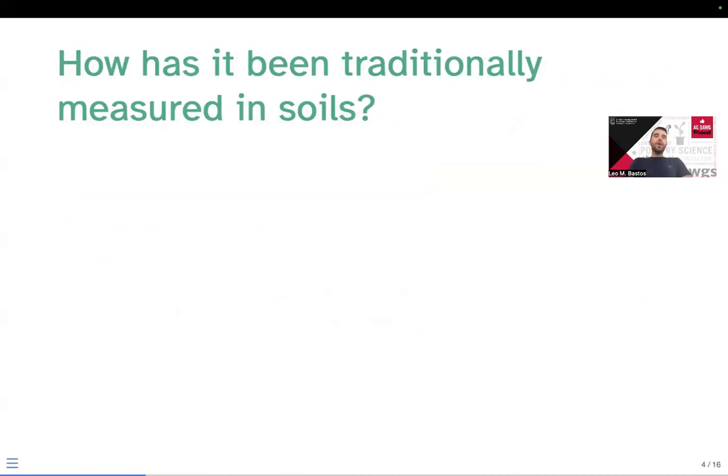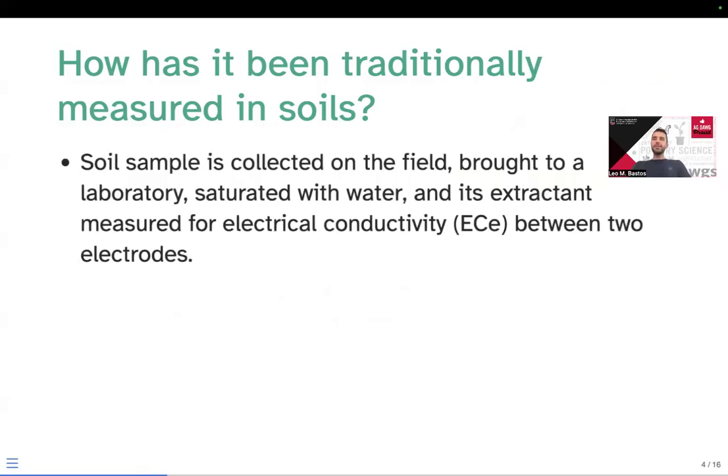So how has it been traditionally measured? How has soil electroconductivity been traditionally measured in any type of soil? Basically, this is something that a person will have to go out and collect a soil sample, bring that soil sample to a laboratory, saturate with water, and then use the extractant of that solution, of that mixture, and measure